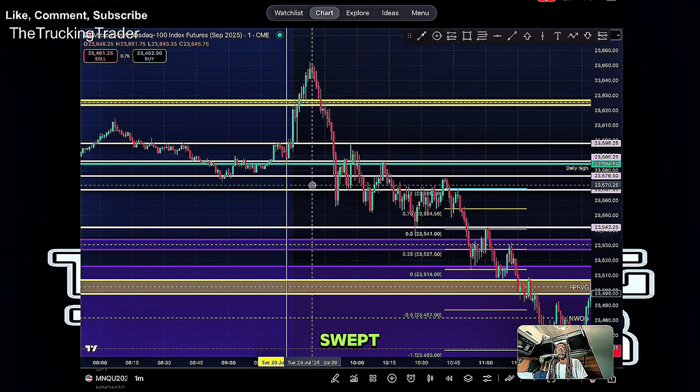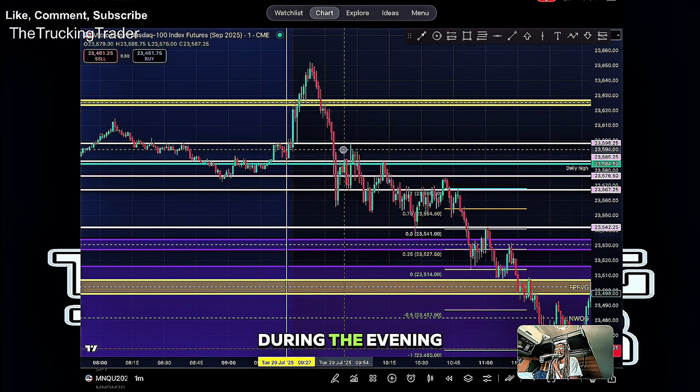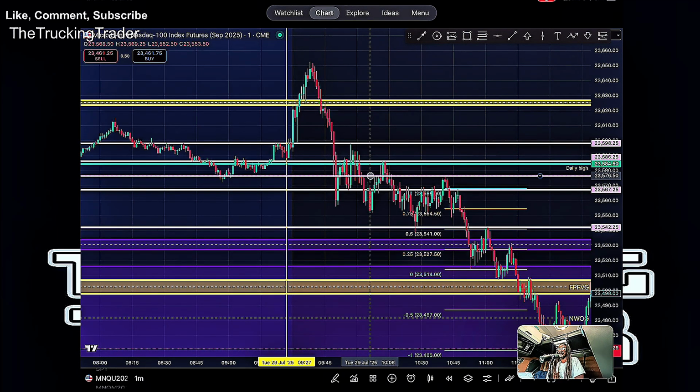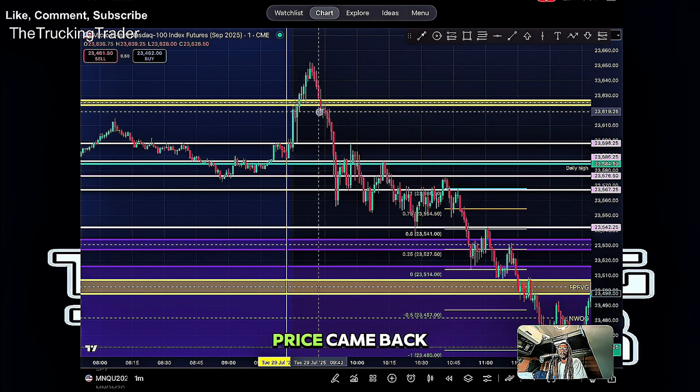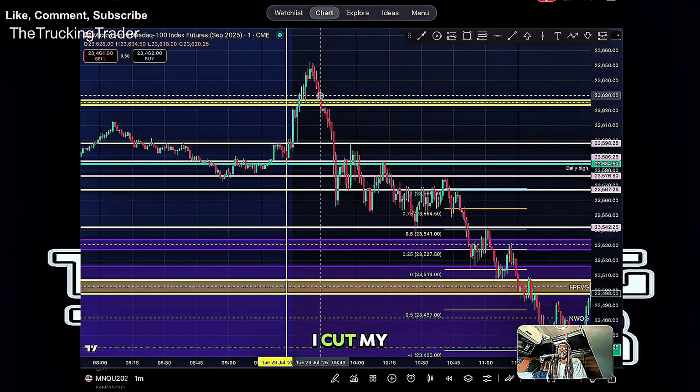to be swept. But at the same time, sentiment in the market right now is very bullish, and I just didn't know if we were going to want to come back down during the evening session, during the afternoon. I just didn't want to be on the wrong side for the morning session. So what I ended up doing was, as the price came back down a little bit, I cut my losses,